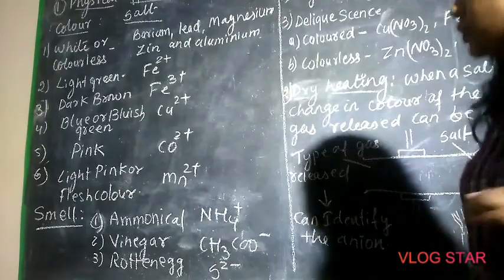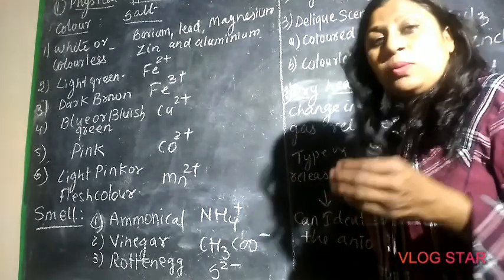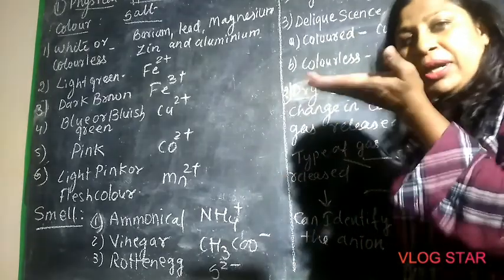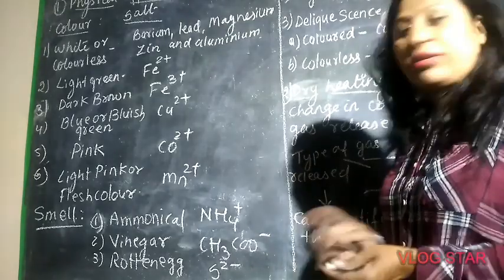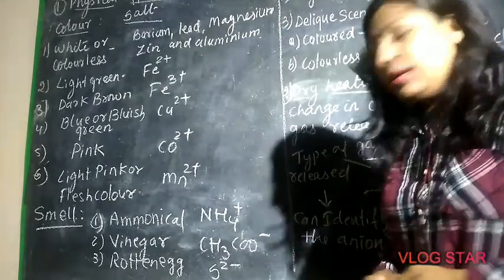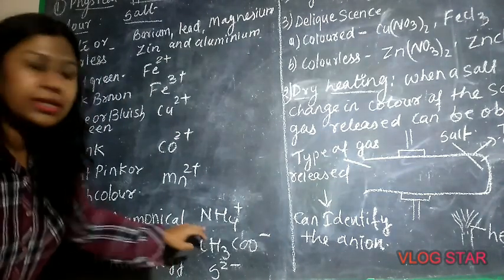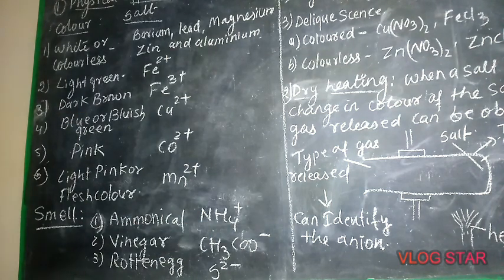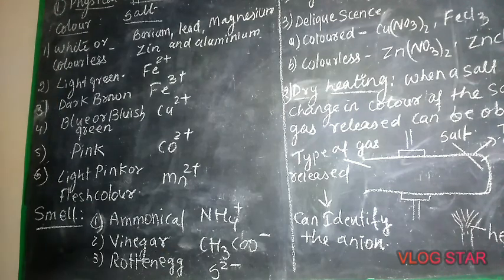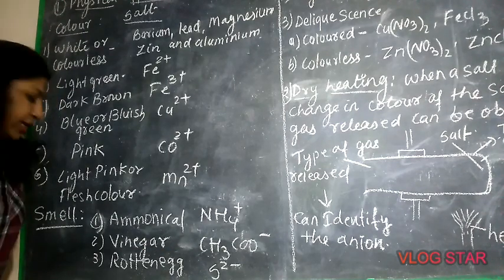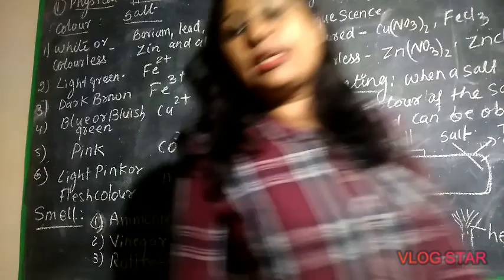Then, you can smell it, but as such, salts are quite dangerous, so you should maintain a little distance. But from a distance also, you can get a smell. Just a little bit would be rubbed. If you smell an ammoniacal smell, it indicates that ammonium ion, NH4+, is present. If it is a vinegar-like smell, then it can be acetate ion, CH3COO-. And if a rotten egg smell is there, it may be sulfide, children.